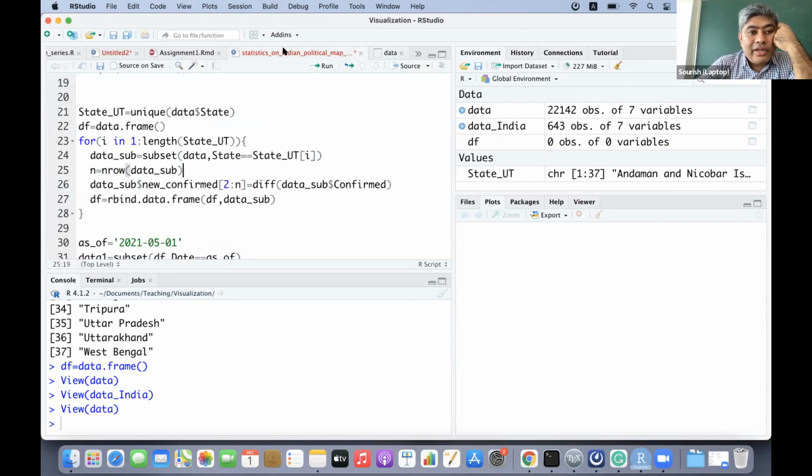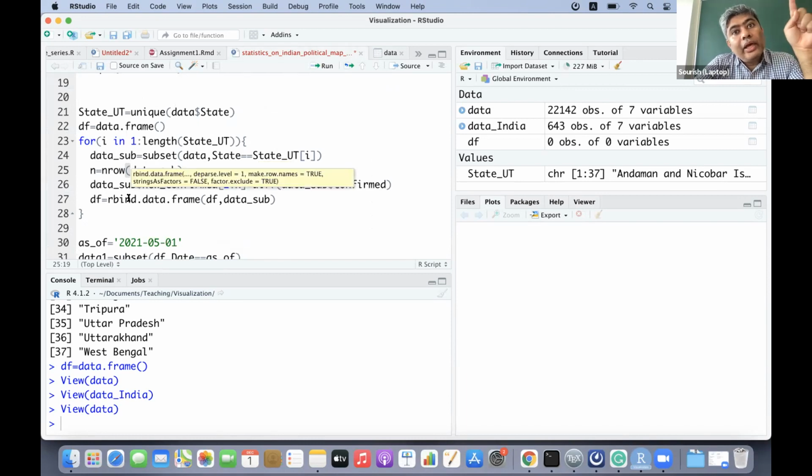So what I have done, I have just said that you first create a subset for a particular state UT name, and then you just see how many cases are there, and then you take the differences, and then you go ahead and append that.